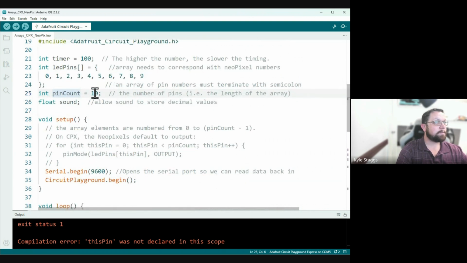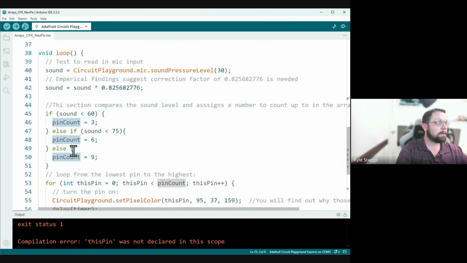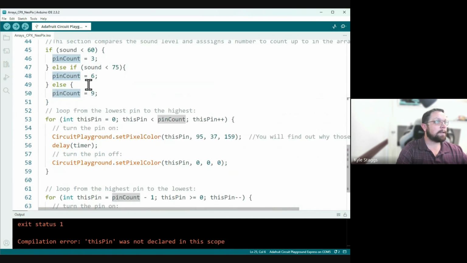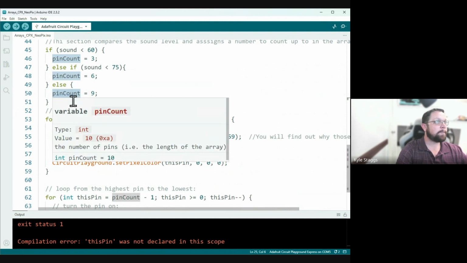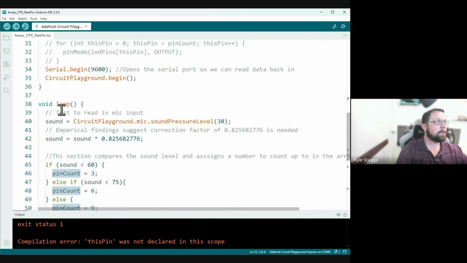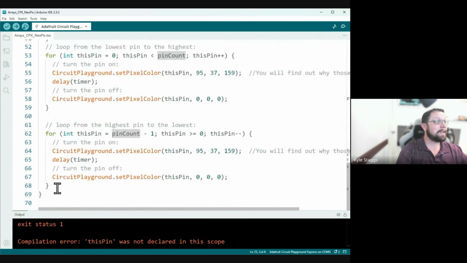So we initialize pin count at 10. We're going to redefine it down here as needed. And this is going to reset the value each time. At the very end of each loop, in order to make sure it goes down,